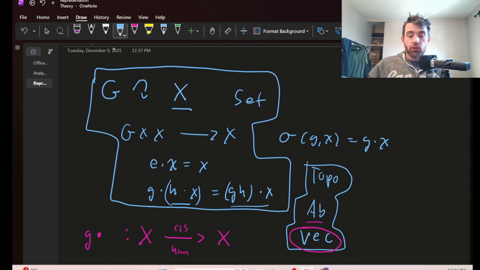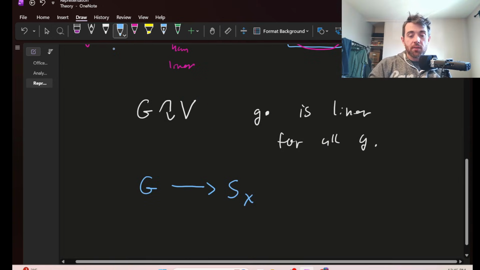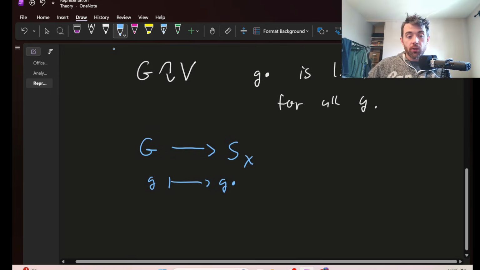All you have to do is realize that taking this map here, or what we might call g dot, defines a bijection from the set X to X, right? And this second condition in the group action is exactly what we need to guarantee that the map sending g to the bijection g dot is in fact a homomorphism from the group that you started with to the group